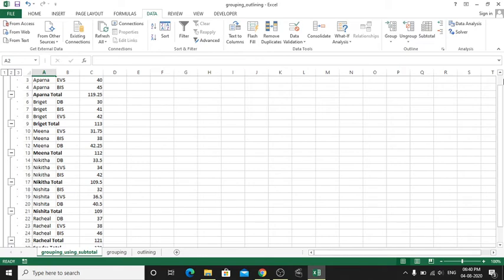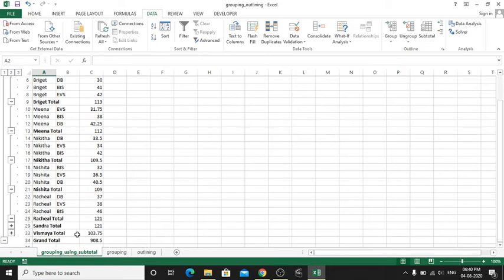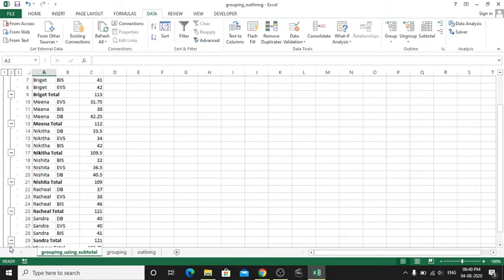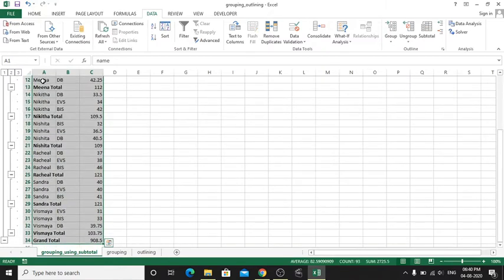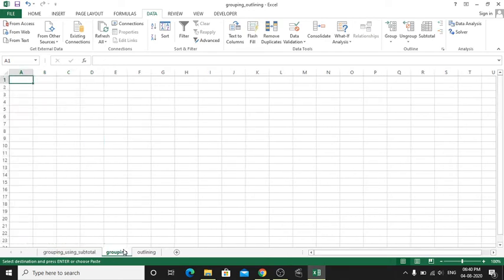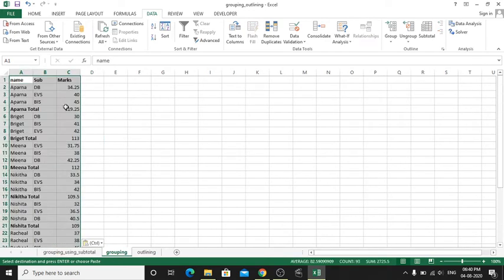In order to copy the data values, I am just uncollapsing all these groups, and I'm just copying this data to the next sheet. Since we are going to use this feature of grouping and outlining, we need data like this. What is the difference?